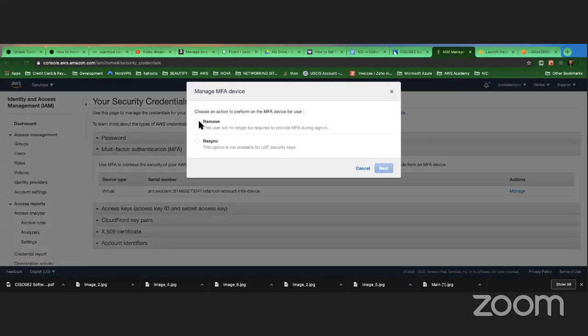In this case, I already have that, right? So you will have something like add a device. And then once you do that, it's going to provide you with a QR code. You can take a picture of that and it will require that you download the authenticator. And then it's going to ask you for two rounds of digits. It's 6 digits every time.